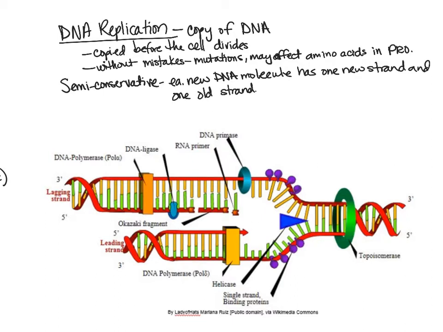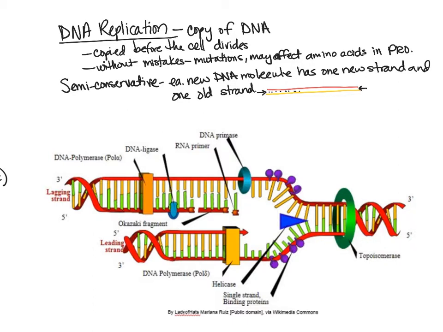So that would look something like if we had our original DNA molecule, and say one side we're going to just color red, and the other side is yellow, so we can see the two different sides. So again, this would be our double helix, in a helical shape. Now, when we go through the process of replication, we're going to divide these. So we're going to separate them.